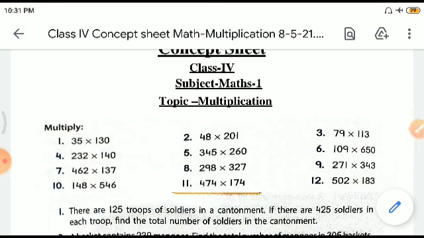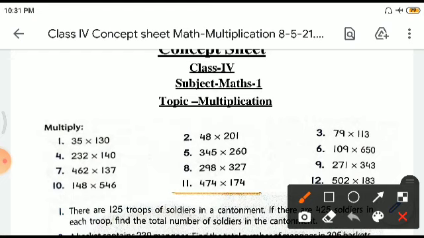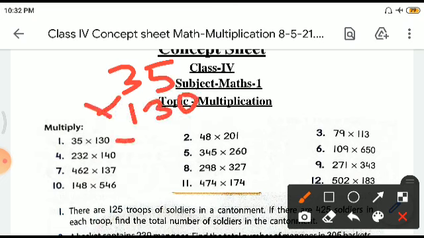How will you multiply? You can write it both ways. You can write 35 at the top and 130 below it, or 130 at the top with 35 below it. Let us do a little bit tough way. Let us write 35 multiplied by 130. When we multiply any number by 0, we get 0. Then by 3, we put a cross here. 5 3s are 15. Put a 5 here. 3 3s are 9 and 1 is 10.